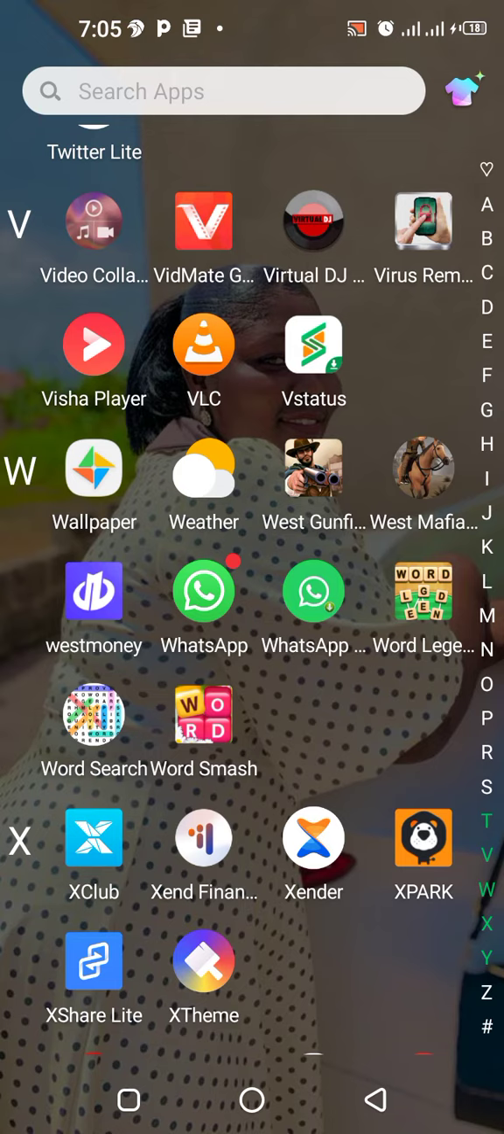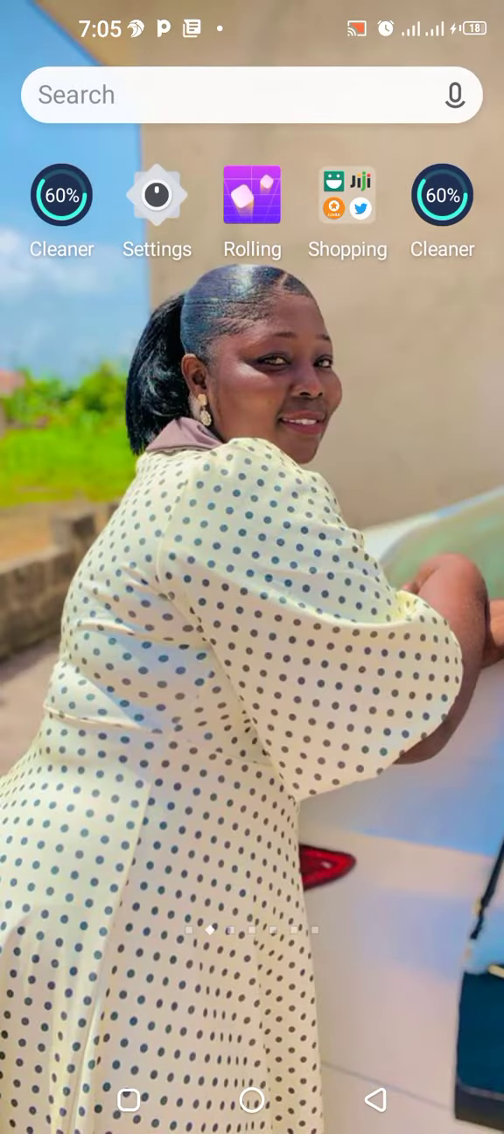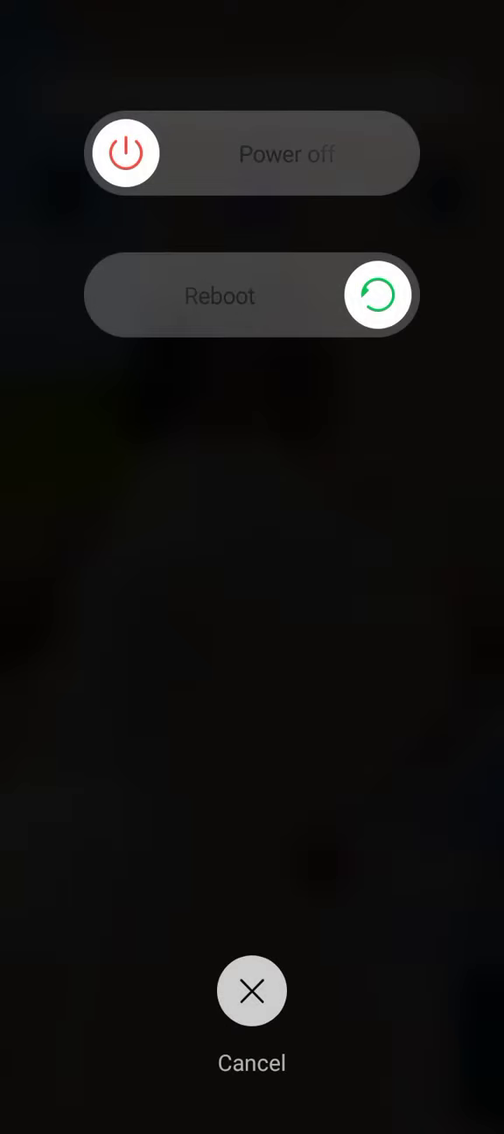And after updating the app, tap on the power button for some while and reboot this